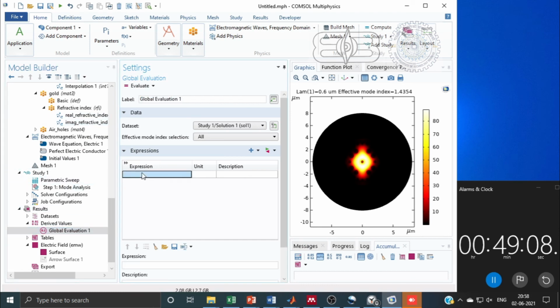Now we will use derived values and global evaluation for calculating the confinement loss and real part of effective index. So I'm adding the real part in expression: real part of ewfd.neff, the effective index.